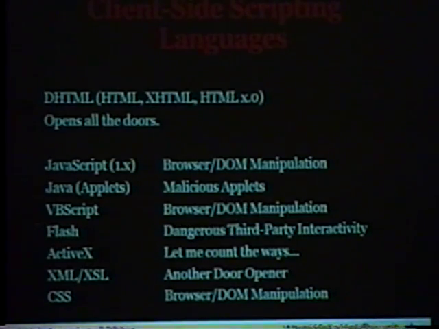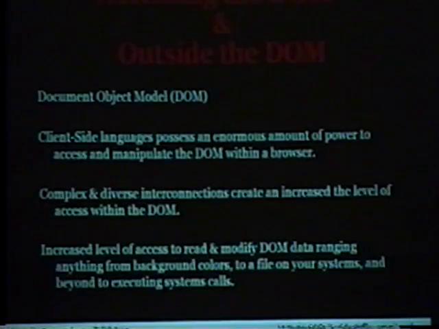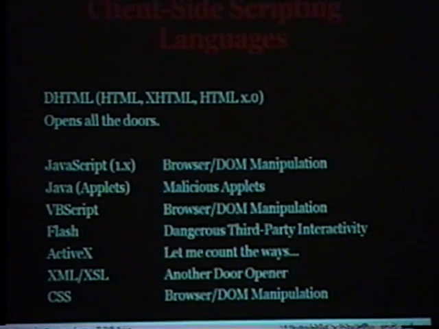We've been doing a lot of research on XML, XSL, and .NET, and we've been finding vulnerabilities in these implementations that aren't supported yet. So when browsers start implementing them, we have vulnerabilities that are purely theoretical. And there's also CSS, which has a lot to do with JavaScript. You can manipulate CSS in weird ways to manipulate the DOM, so it's also pretty dangerous.